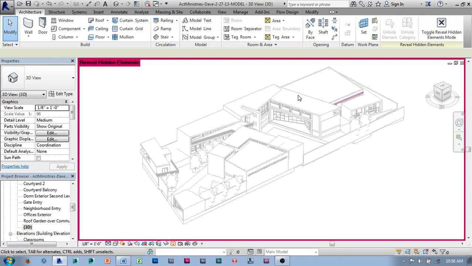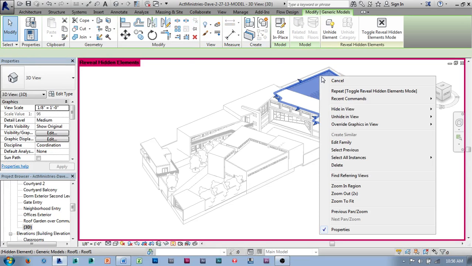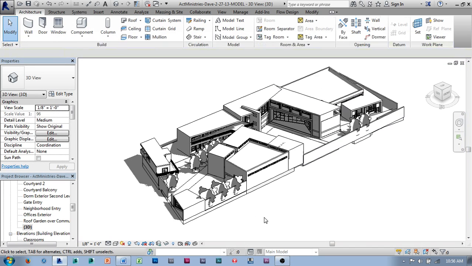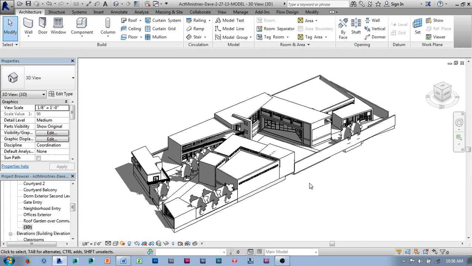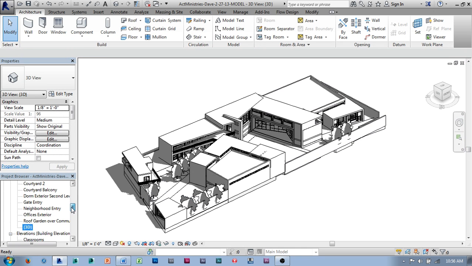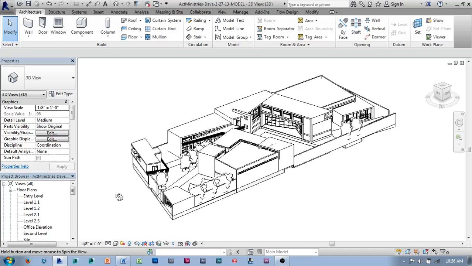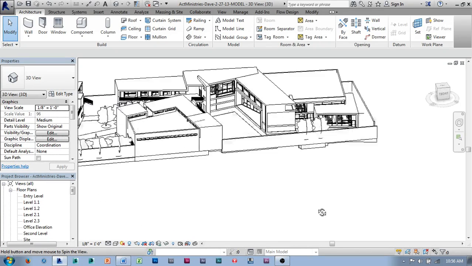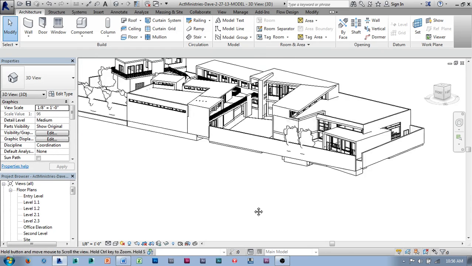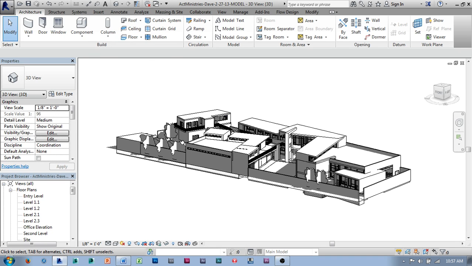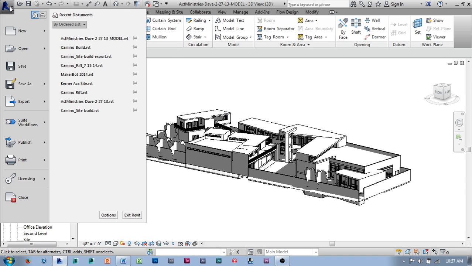So let's go ahead and get the roof back on. Select it, unhide in view, element. So let's figure out our scale first. The very first thing that I do, if I know I'm going to make a physical model of this, I know that there's a pretty good chance that I'm going to be doing some physical manipulation of the model here and there. And those might be okay as I move forward, but a lot of times I am going to